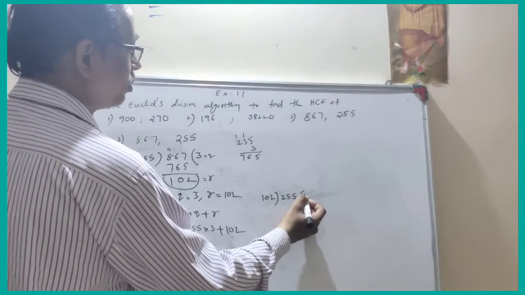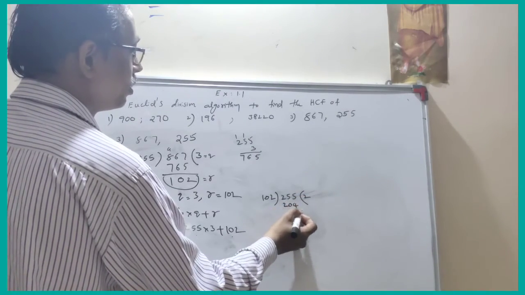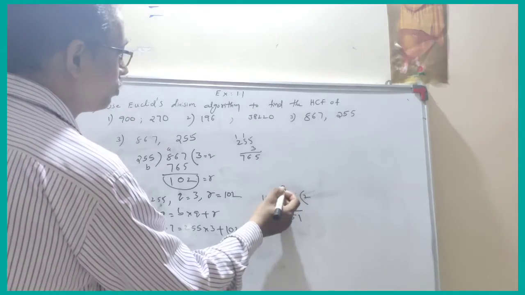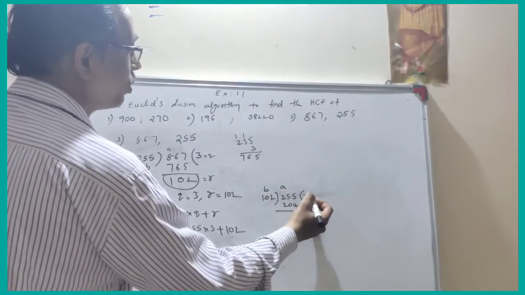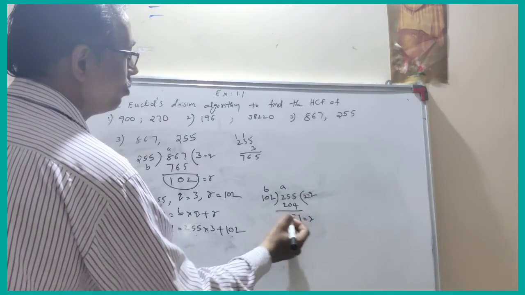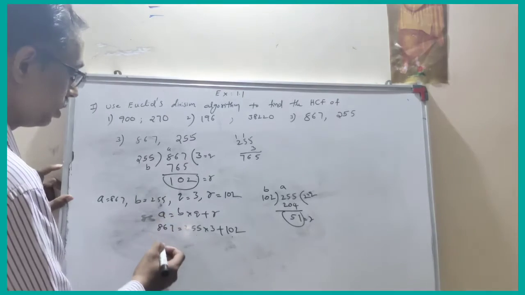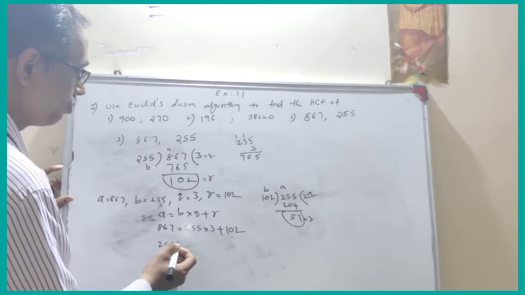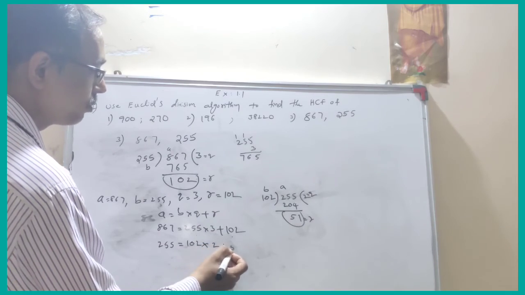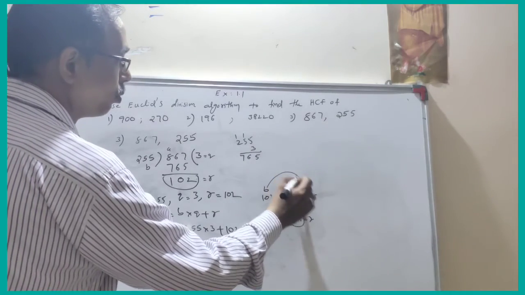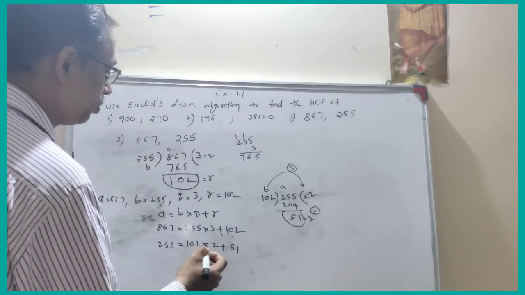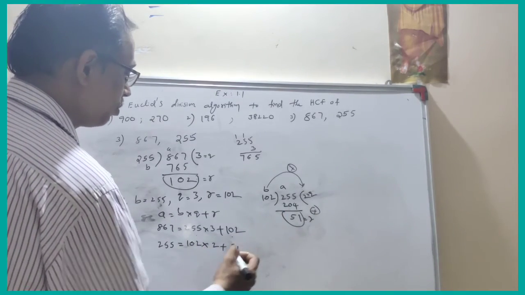102 2s are simply 204, remainder 51. So here again 255 is A, B value is 102, Q value is 2, and R value is 51. So again applying the same rule, we can write it as 255 is equal to 102 into 2 plus 51. Okay, so here again the last